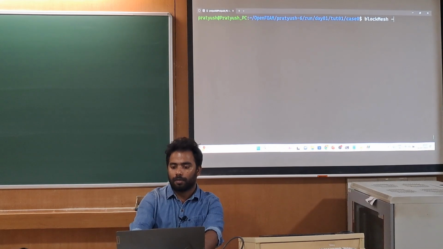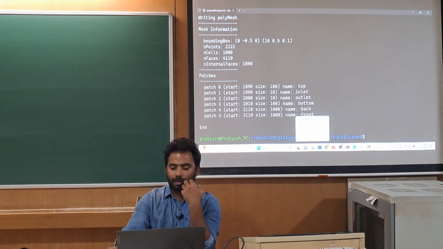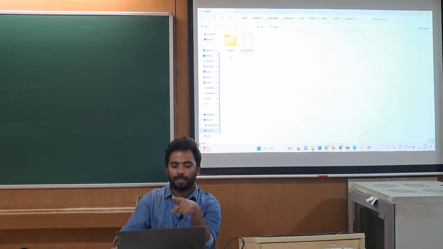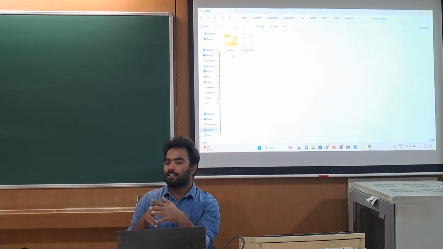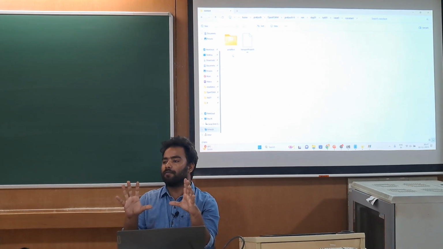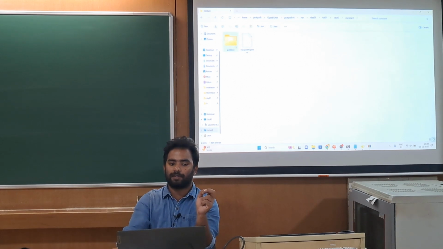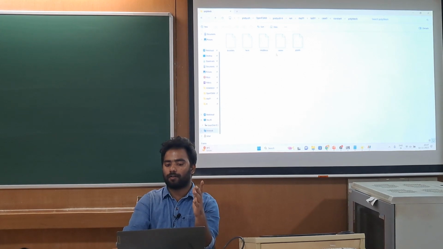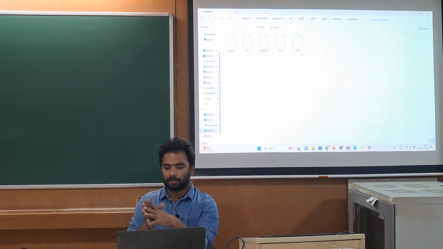Okay. So you type blockMesh. Now go to the constant folder and go back and go. Now you can see the polyMesh folder. So this is what you are creating. When you type blockMesh, you are creating the mesh and every information about the mesh is present in the polyMesh folder. You can see the boundary, faces, neighbour, owner, points. Everything will be explained in the next mesh tutorial class.